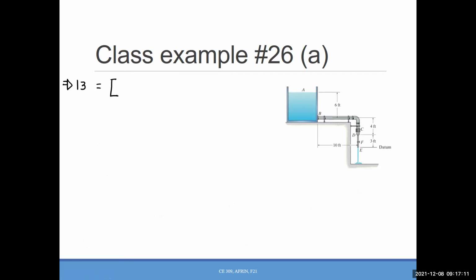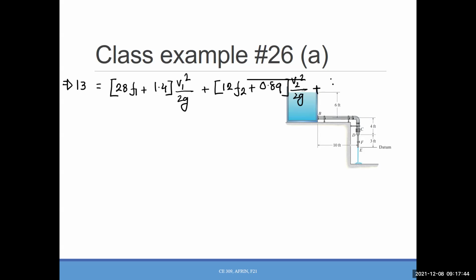What is 14 over 0.5? 28, right? 1.4. And what is 3 over 0.25? 12, right? 0.89 V2 square over 2G plus V2 square over 2G. So what I can write down,